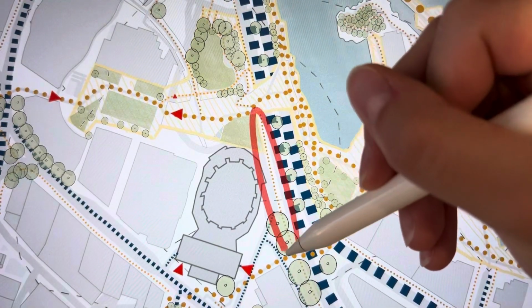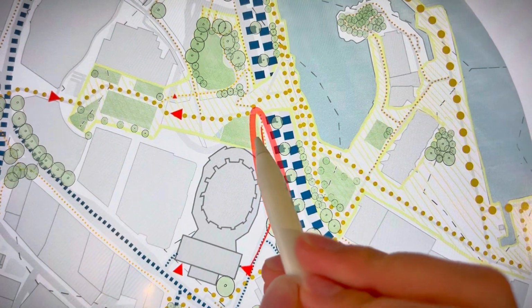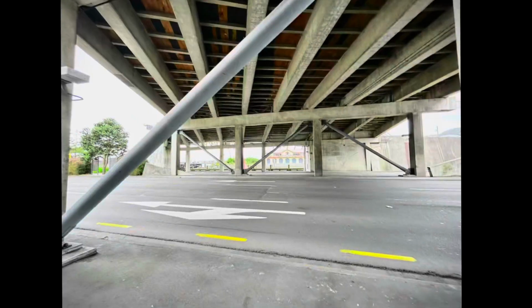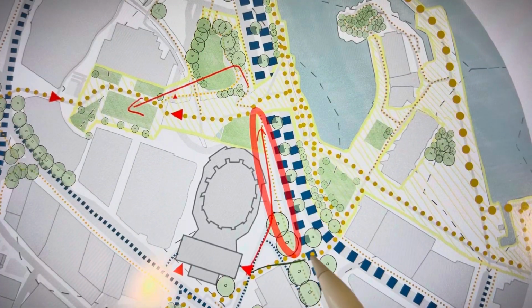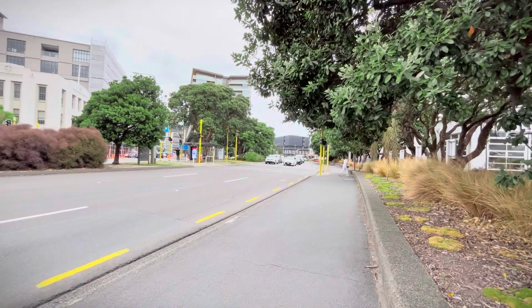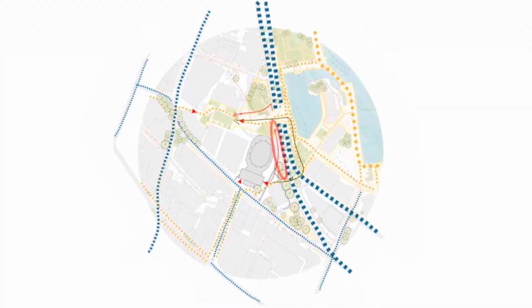The problem here is the motorway directly next to the building in the park. The most direct path to get to the park is an exposed, narrow sidewalk under a dark bridge. This route is uncomfortable, so people prefer to take the long wait times to cross the road and walk over the bridge instead of under it. And that's the behind the scenes of an urban